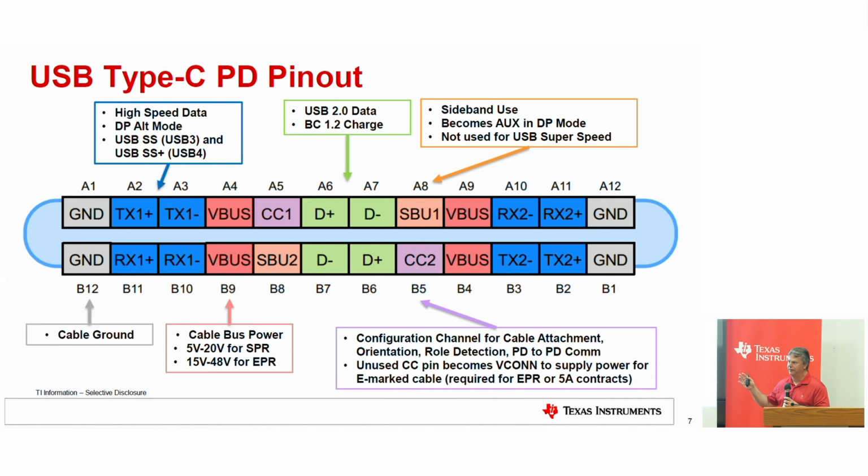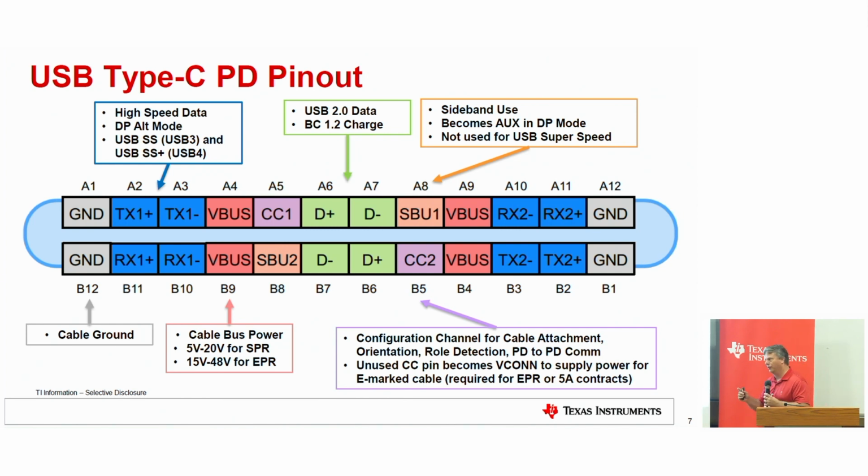On the PD side, if they recognize that both sides are PD capable, power delivery capable, they actually talk on a communication medium between the two. And there's a whole communication protocol that goes back and forth, and one side will show what its source capabilities are, and the sink side will say, great, I'll take 20 volt, 5 amp. And that's how they negotiate back and forth. That's done over the CC lines. And the reason why there's 2 of them is so it's reversible, and the communication happens only on one of the pins, and the other one ends up becoming power to your connector, because a lot of times there'll be a PD chip inside the cable as well.